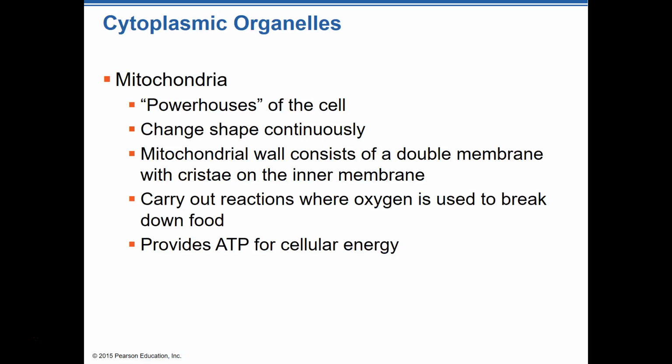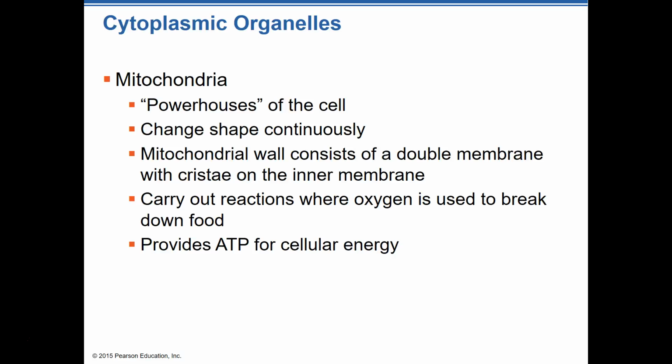The first of the organelles that we're going to talk about, and you've probably heard of this one before, it's always referred to as the powerhouse of the cell, the mitochondria. But what I want you to realize is some cells have hundreds or thousands of mitochondria in them in order to create energy. Okay? So it says it's the powerhouse of the cell, but what it's really doing is creating energy, and the energy that it's creating is in the form of ATP. So adenosine triphosphate is the energy that it's creating. These little guys will change shape continuously because of the work that they're doing.